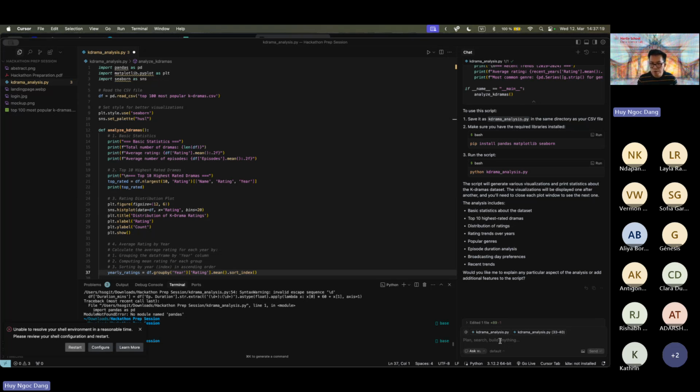So if you want to build a prototype, for example, a product, then actually make a plan, right? Jot down some guidelines on what you actually want the chatbot to do, in terms of what kind of functions you want the prototype to have, what kind of details you want it to have, and also what kind of technologies you want. Whether it's written in Python, what does the front end look like? Is it React or is it something else? So having a plan gives a much better guidance for the chatbot.